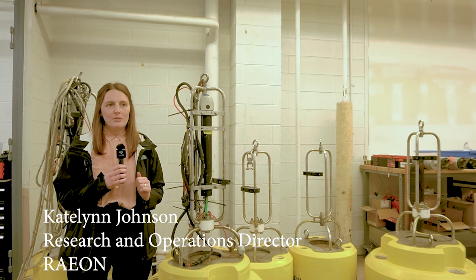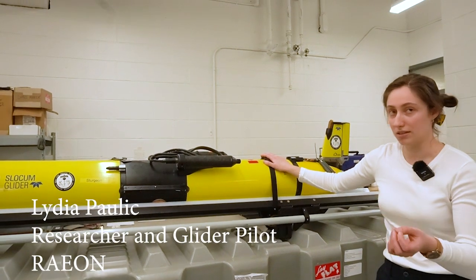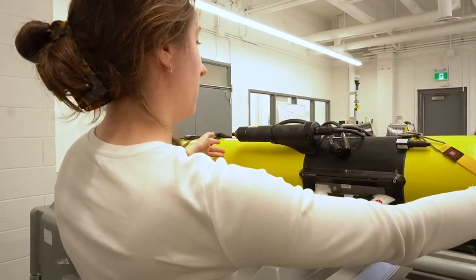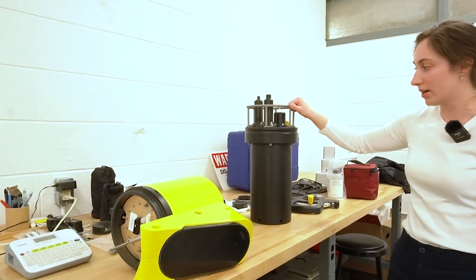And then we went over to visit Rayon at the University of Windsor with Caitlin Johnson and Lydia Pollock. They showed us around their lab and gave us a really in-depth tour of their G3 Slocum gliders. What a great space those folks have over there, but they're also doing great things with some pretty great equipment. Yeah, they have a really novel set of equipment in the way that they operate, and they're just great partners for us. And they provide very valuable data to the partners on their side of the border and on our side of the border. Rayon's been a really good partner of GLOS, and Rayon also has GLOS's first nested Seagull,